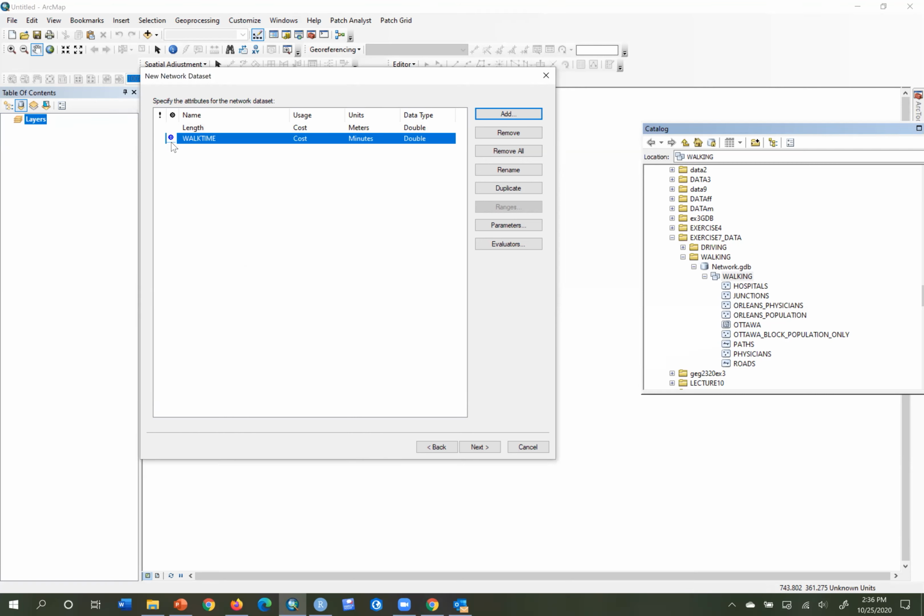And notice the little blue thing changes to here, which has a D in it. That means that's a default impedance now is walk time. For this network, since it's for walking, walking time should be the default. Now that I have that cost, I have to click on evaluators